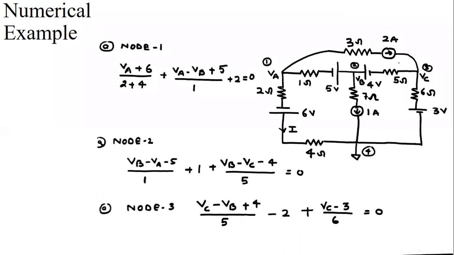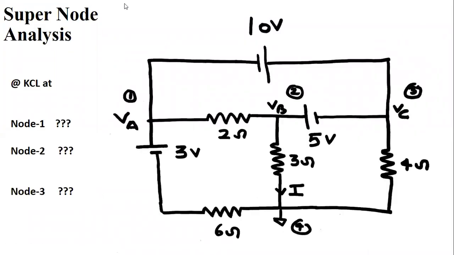Okay. Now, next one is super node analysis. This is very important. What is a super node? In node analysis, current always flows due to the potential difference, and how can we find the current? I is the potential difference divided by the resistance. So see here, what is a super node? A voltage source is given between the nodes without a resistance. Then how can you apply the KCL?